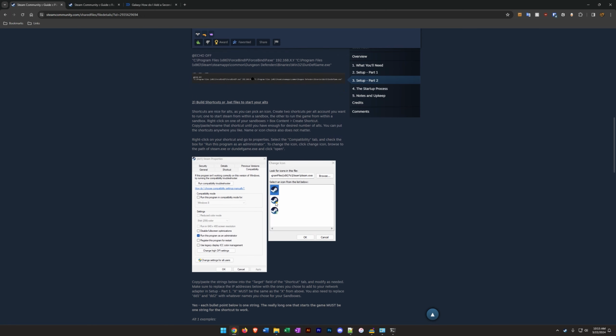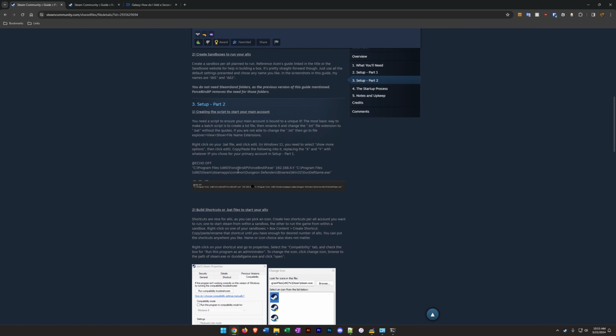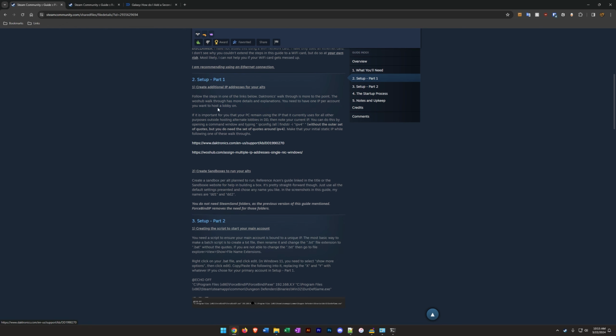They want you to run a command. I can't even find it in the guide right now. Oh, I'm sorry, it's right there. They want you to run this in the command window. If I run that, we're going to find that